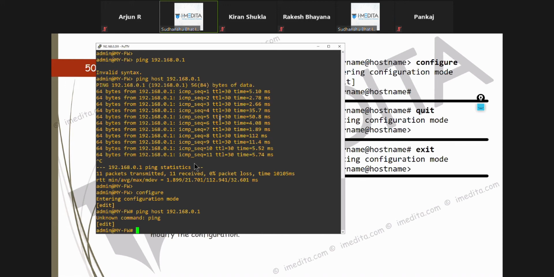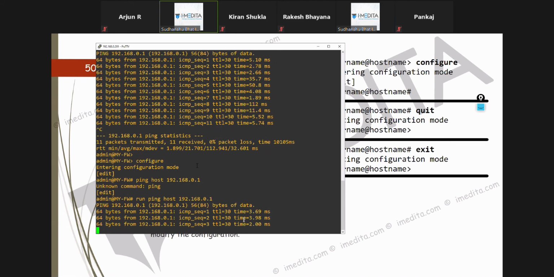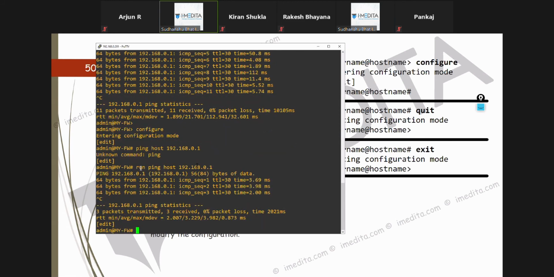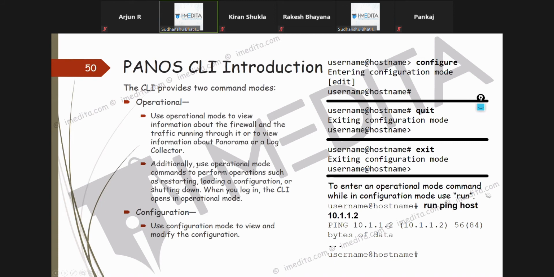Similarly here, if you want to run an operational mode command in configuration mode, you have to use the run keyword in front of it. Then it's going to work. So basically, your do in Cisco is run in Palo Alto. In short, if you want to enter an operational mode command while in configuration mode, use run.